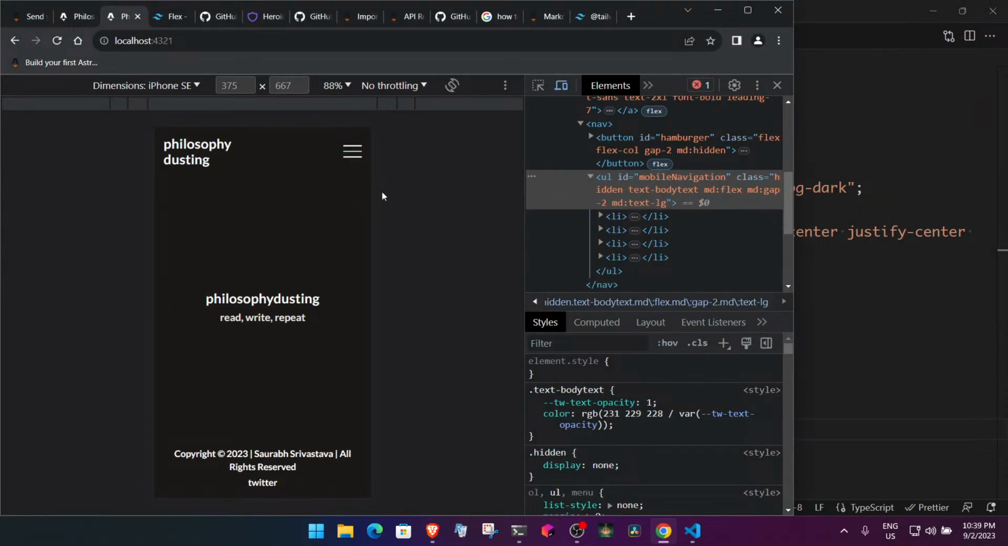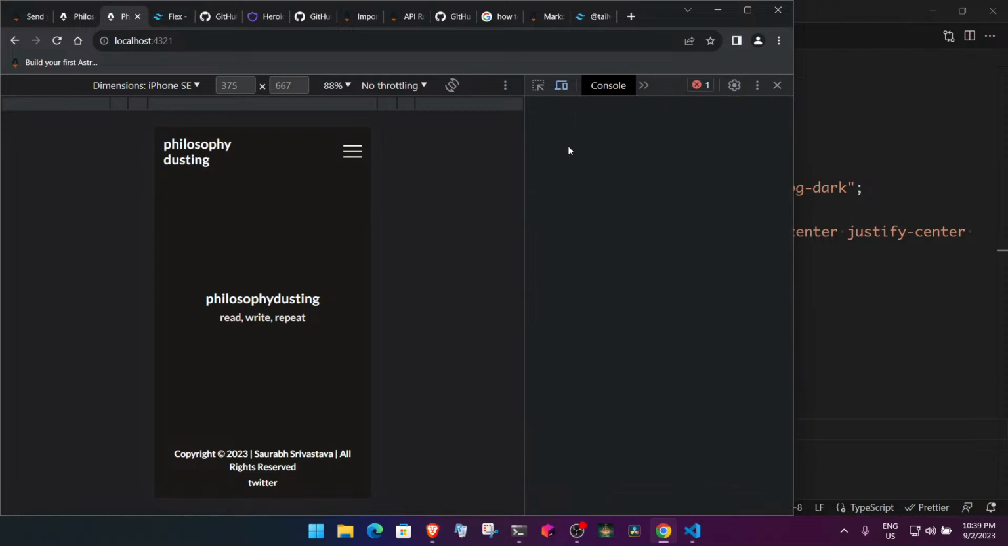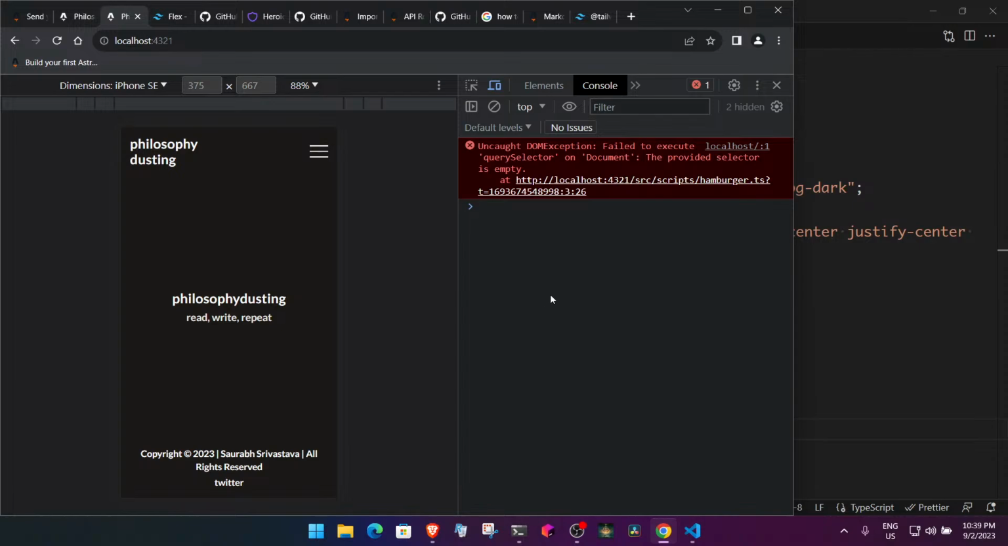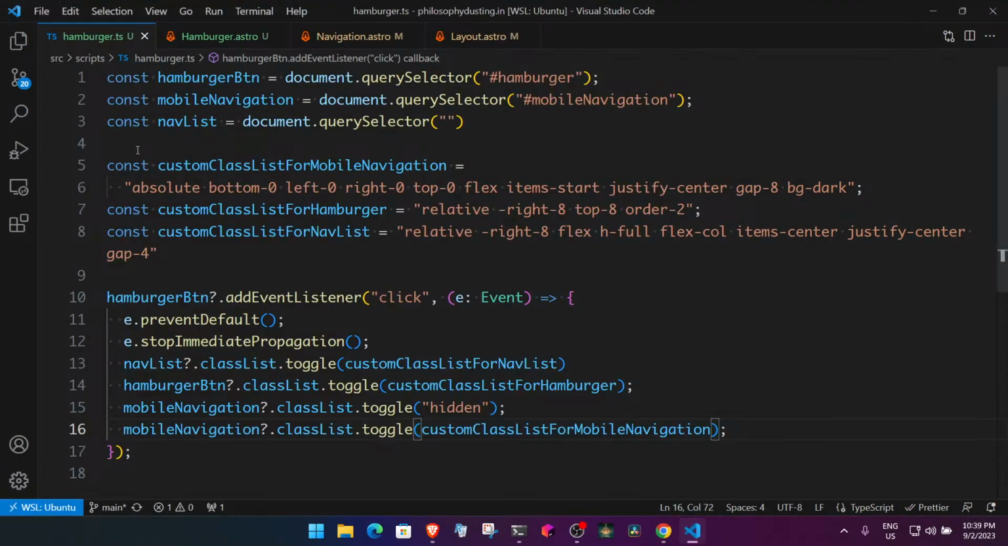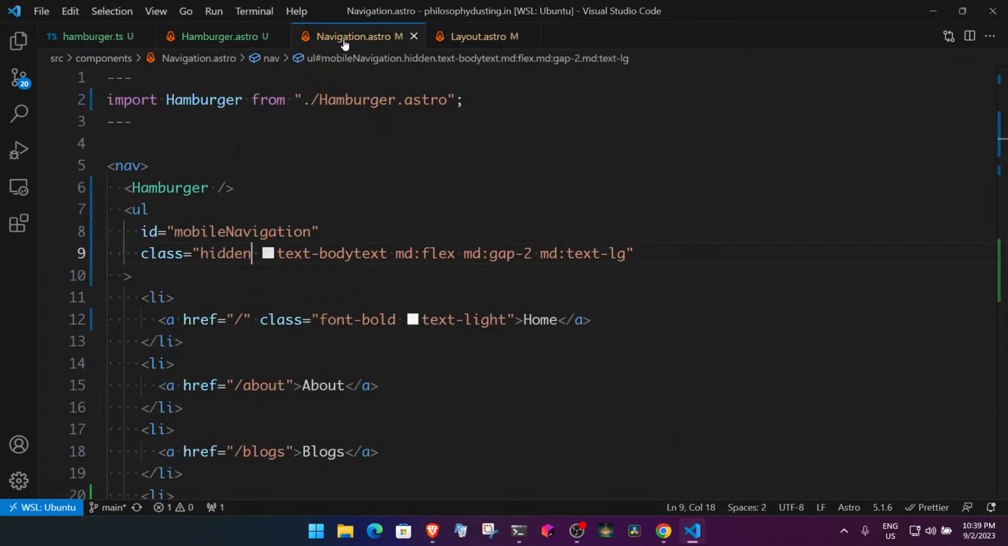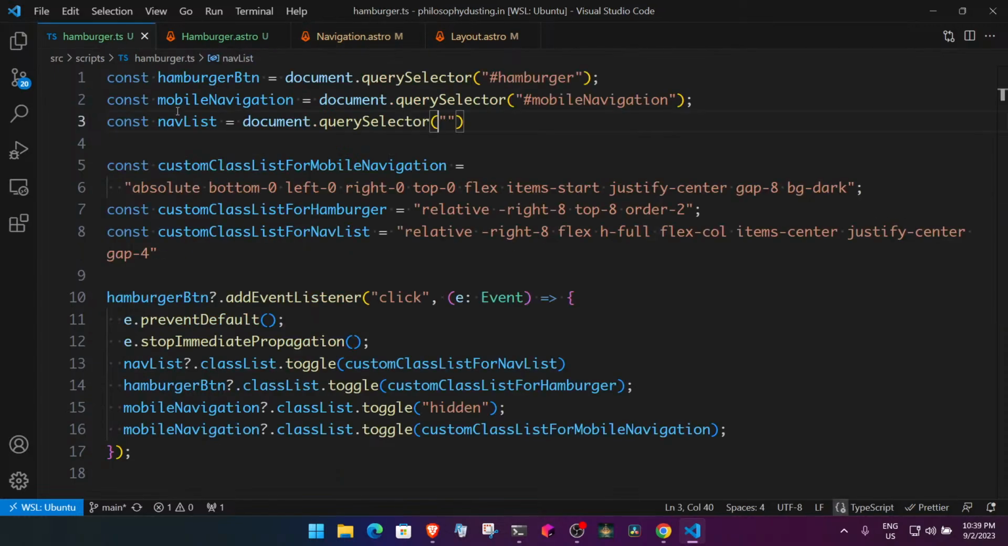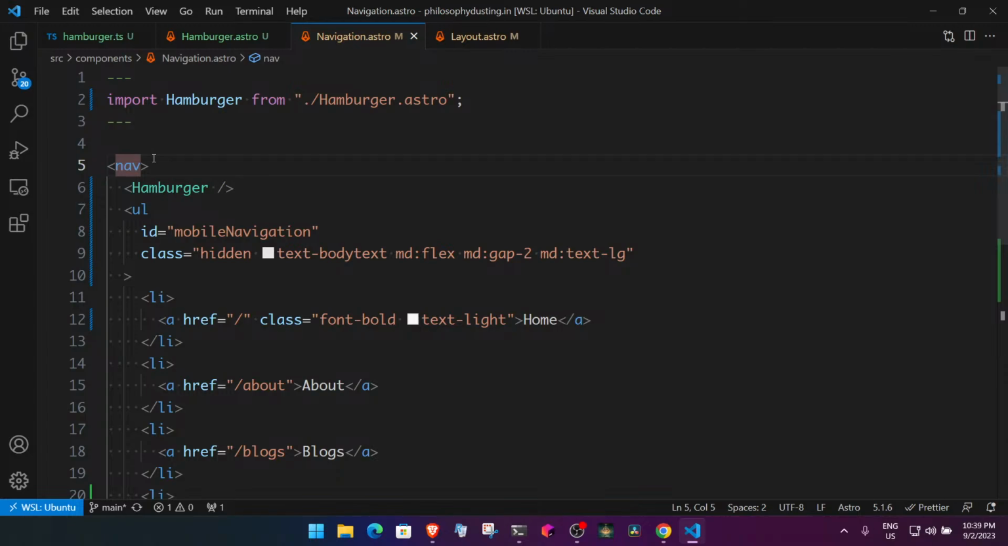I finally figured out why I don't like JavaScript. Like, don't like it. Failed to execute querySelector on document. The provided selector is empty. Of course, this is going to be hamburger CSS approximately line 3. Ooh, nav list. Where is the nav list? Is it that? Okay,